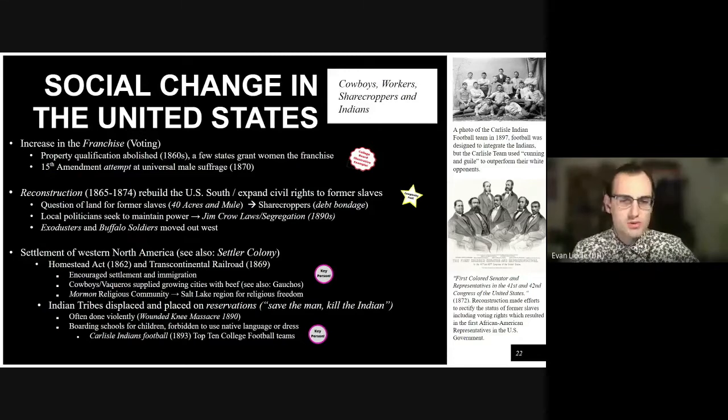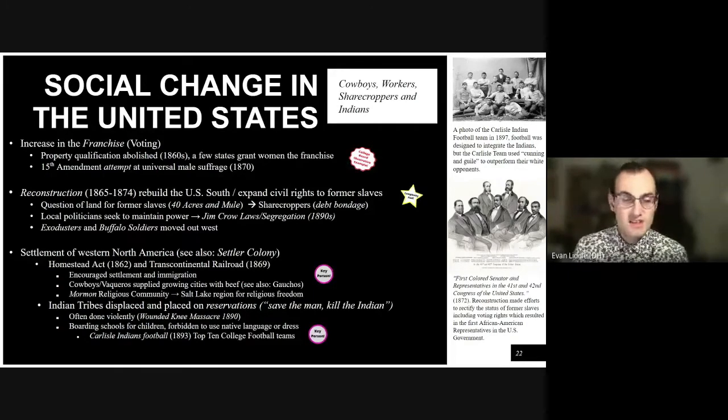The Northern general who had put forward that idea was not able to enforce it, and the government quickly walked it back. But what happened was, because even freed slaves did not have any sort of economic base to stand on, a lot of them just ended up going back to work for their former masters in what we call sharecropping. And this becomes a form of debt bondage. Many former slaves found themselves wrapped up in this cycle of debt bondage, although some of them sought to physically escape the South where they had been enslaved by moving out west.